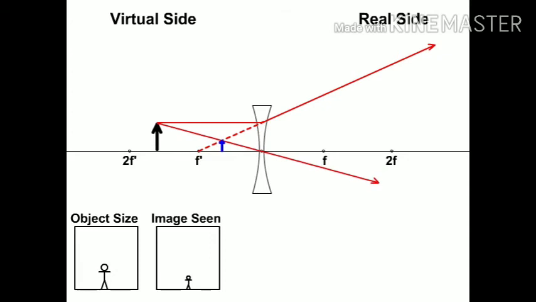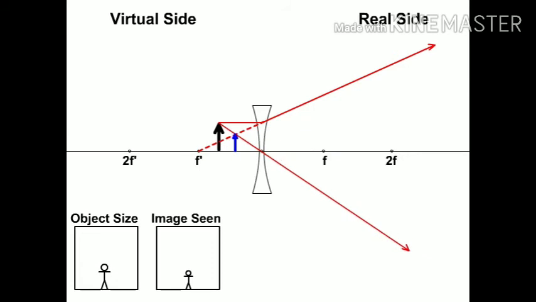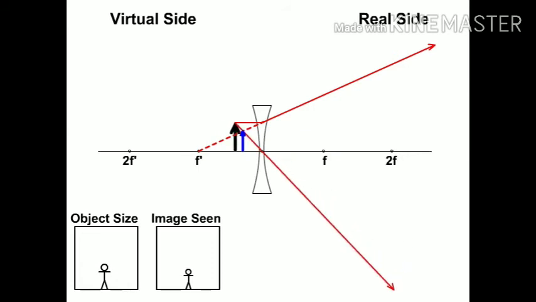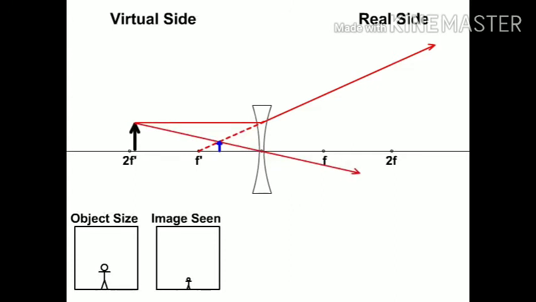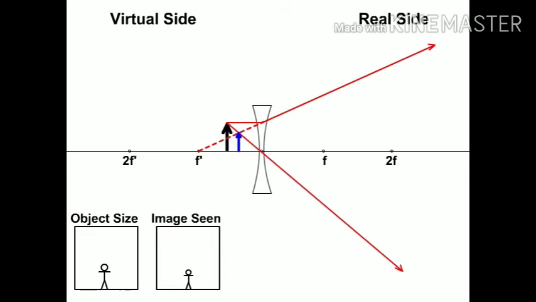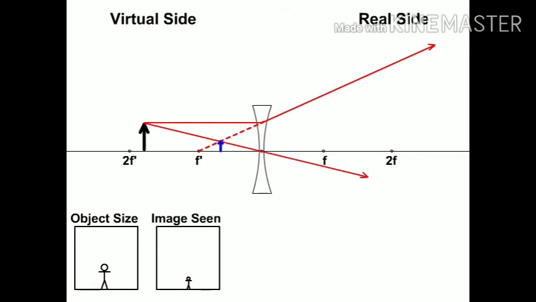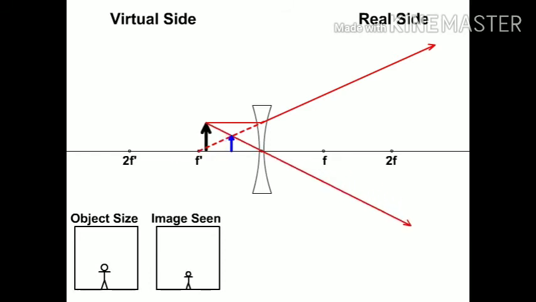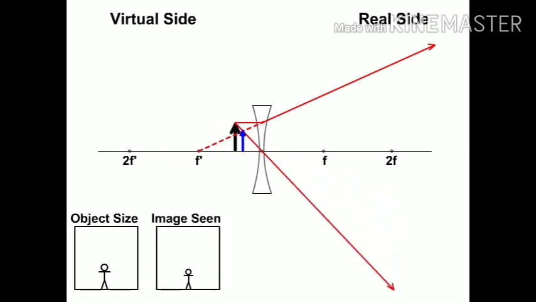From above, we notice that irrespective of the position of the object, the image formed by a thin concave lens is always virtual, upright, diminished, and it is situated on the side of the object between the focus and the lens. When the object moves from a large distance towards the lens, the image shifts from the focus towards the optical center of the lens and the size gradually increases, but it always remains smaller than the object.